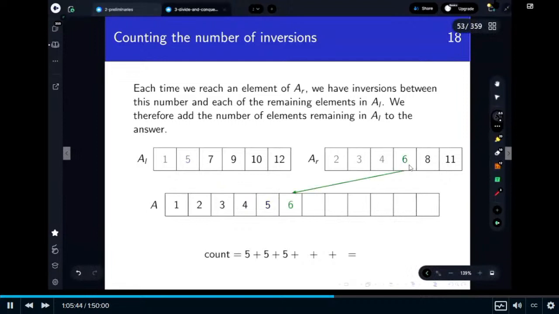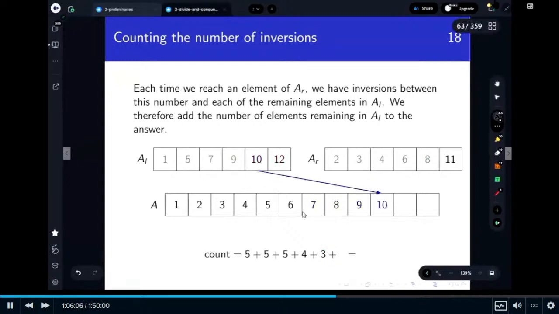Then we have 6, that's now smaller than the next item in AL. And we know that AL contains 4 elements that we haven't seen yet. 6 is smaller than these 4, so we increase our count by 4. And we can keep doing this. So by doing this,